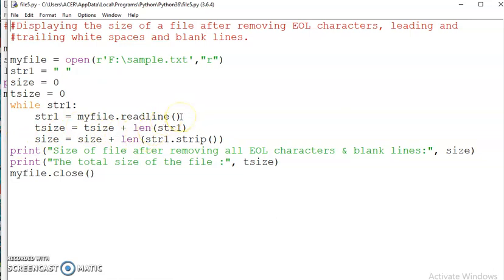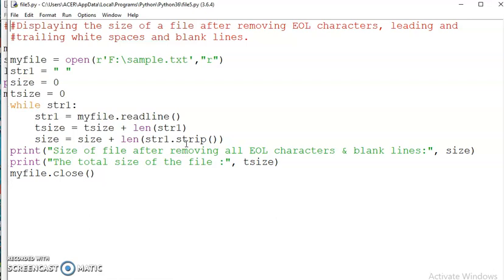By using this, first we read the first line, till the interpreter finds the end of line character. It reads the first line and finds the length, which is added to tsize and assigned to the tsize variable. Then size = size + len(str1.strip()). Here we are using one strip function.